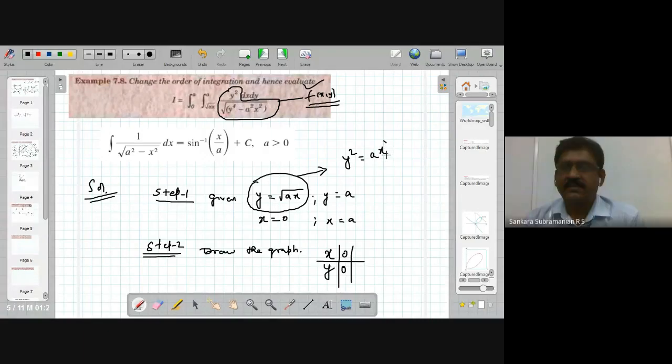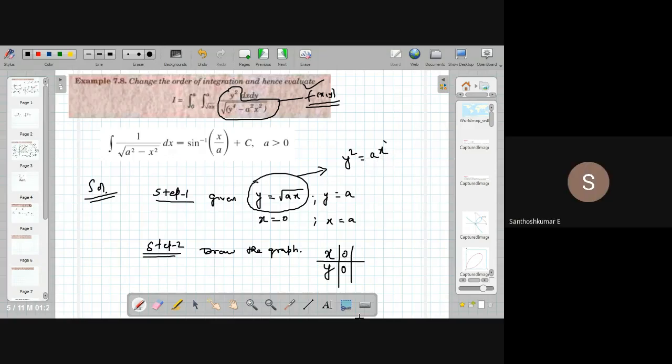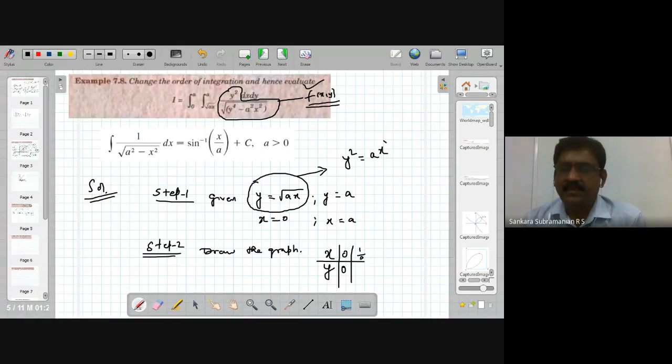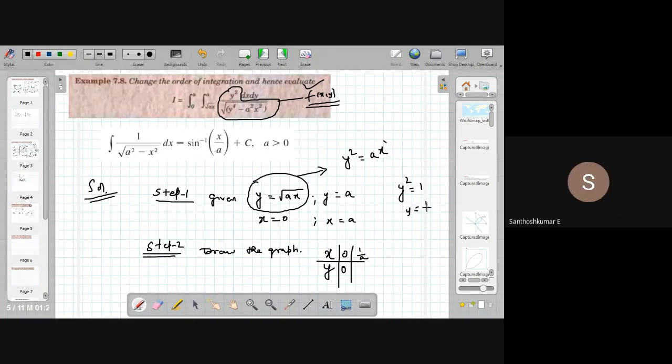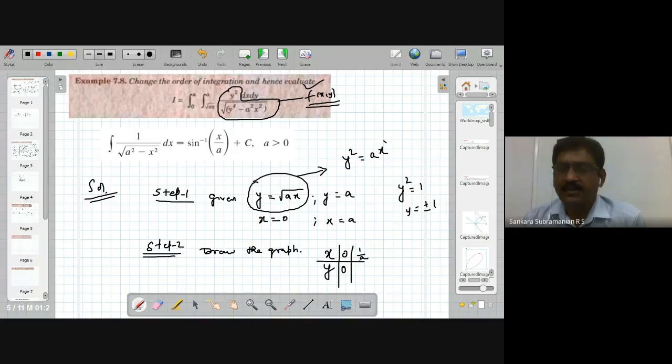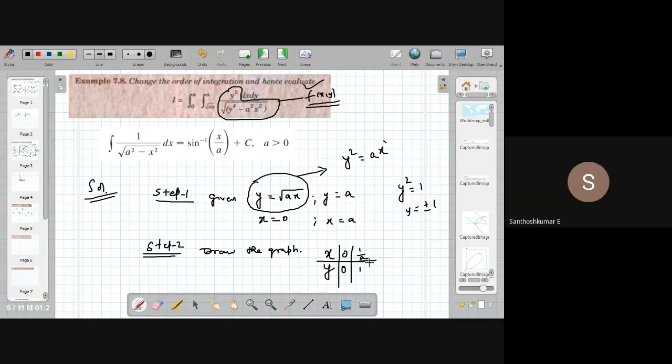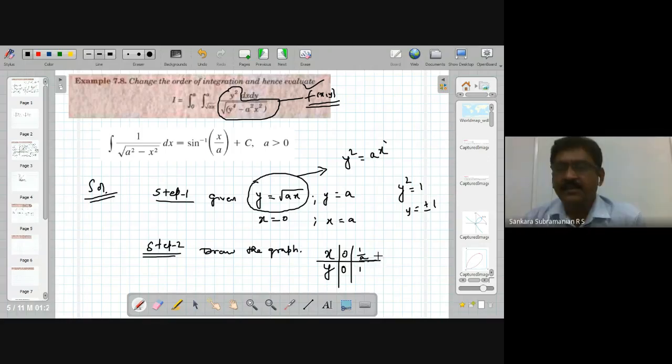x-க்கு பதிலாக -1 சார். எதுக்குப்பா அவ்வளோ கஷ்டப்படுற? y square negative ஆயிரும். So x-க்கு பதிலாக இந்த இடத்துல a cancel ஆகணும். அப்போ 1/a போடலாமா? x-க்கு பதிலாக 1/a போட்டோம்னா y square equal to என்ன வரும்? a 1/a 1 ஆயிரும். y equal to plus or minus 1. y equal to plus or minus a கூட போடலாம் சார். என்னப்பா? சரி, போட்டு